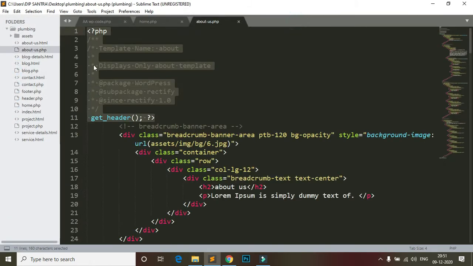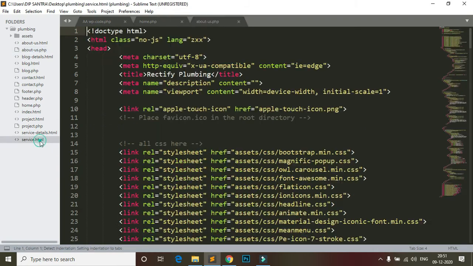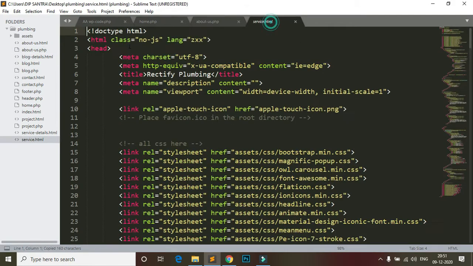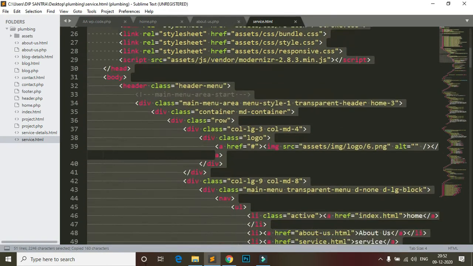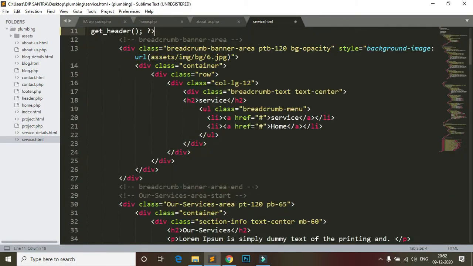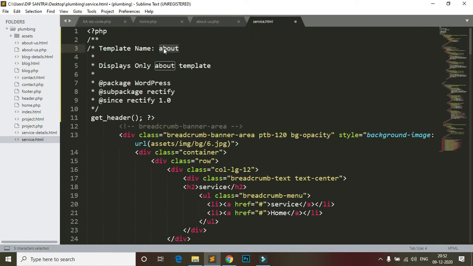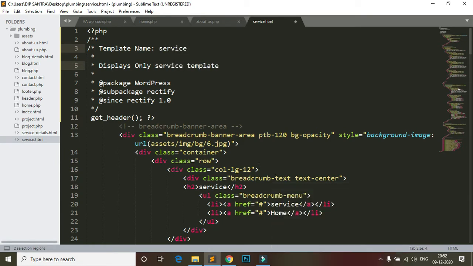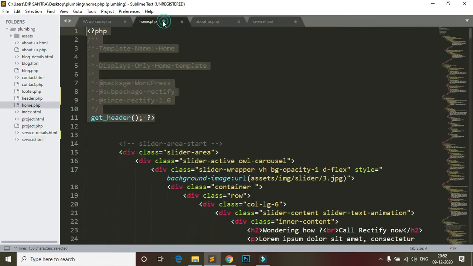Okay, then service.html. So I need the service page also, like header, then change to services and add footer.